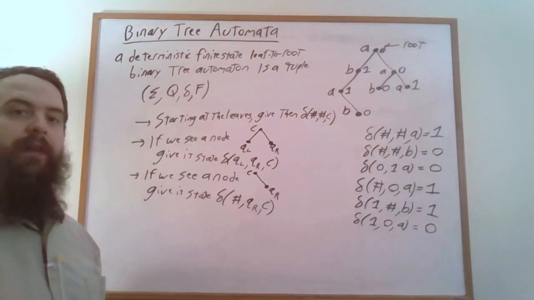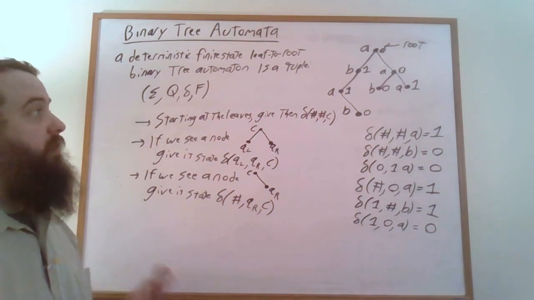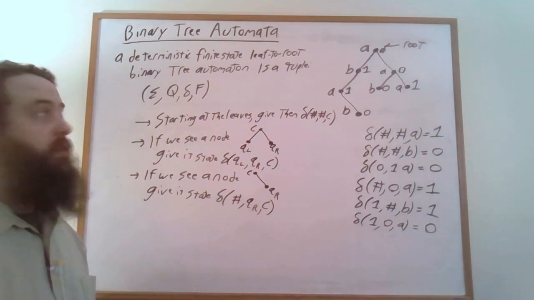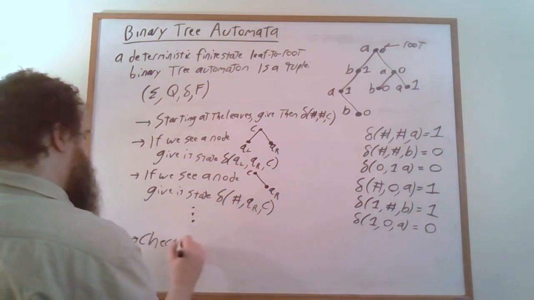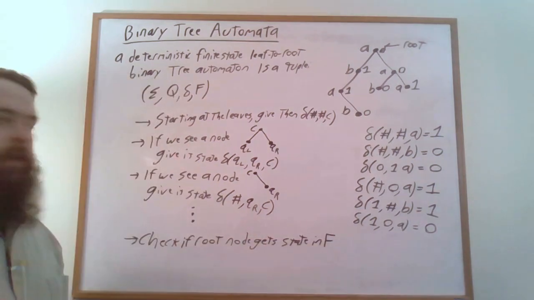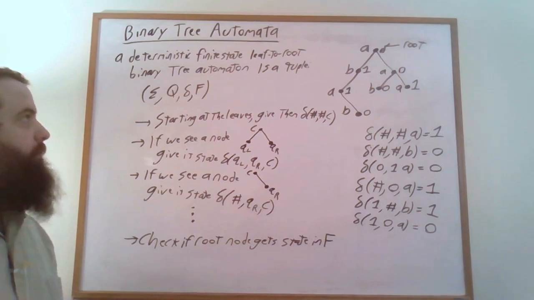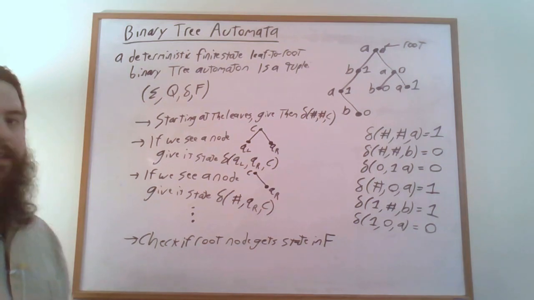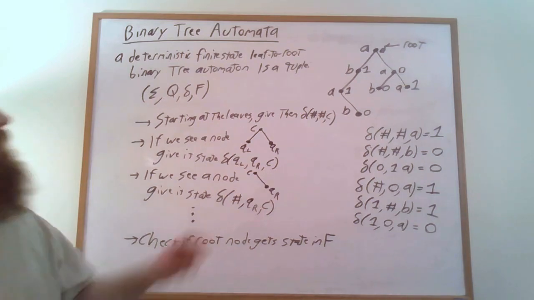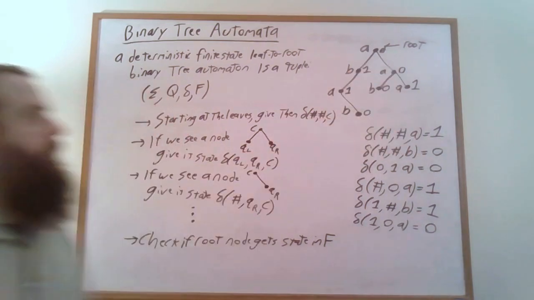So that's how we calculate the run of this automaton, that is, an association of states to all of the positions. And finally, we just have to check if we wind up associating an accept state to the root. For this particular automaton, unfortunately, the set of accept states is just the set containing the state 1, so this automaton rejects the input that we had.